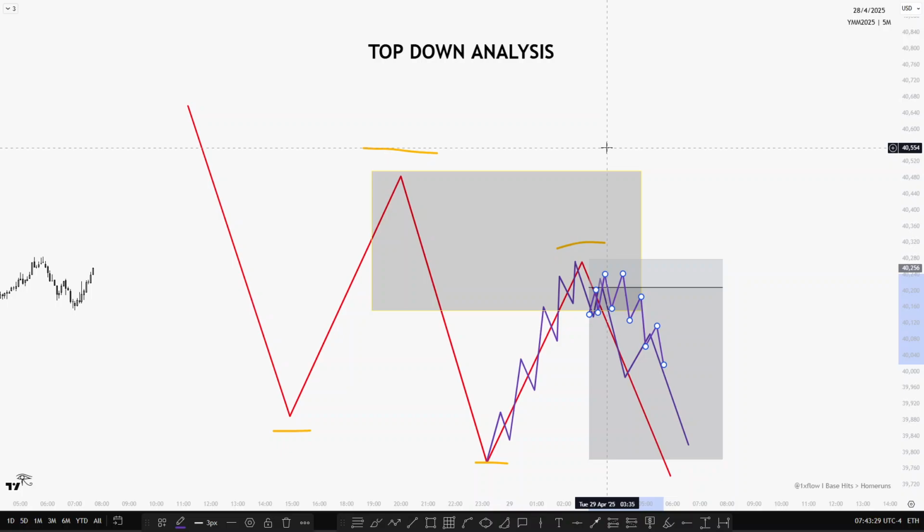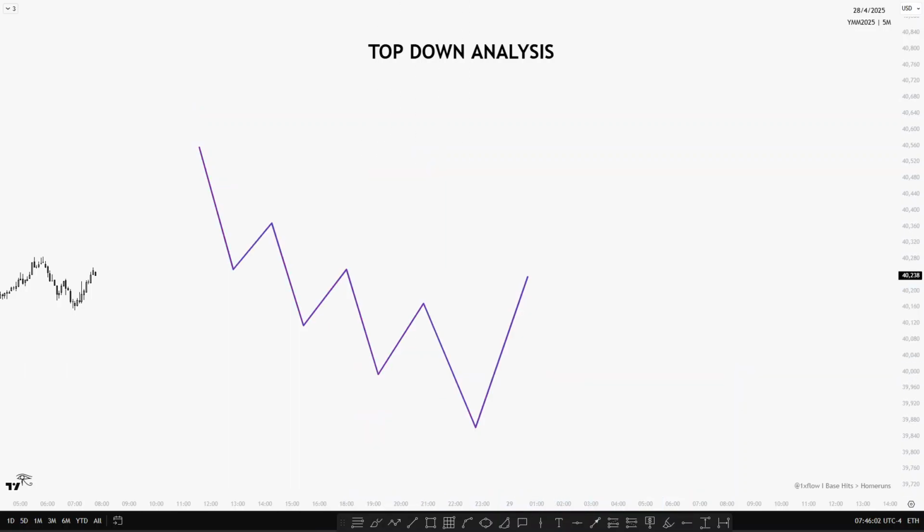Now let's talk about a situation of a reversal and how you can use top-down analysis to figure that out as well. All right, now for a reversal situation, this will be very similar to a continuation, but all you will have to do is figure out when you will create that next higher low in this situation. So we are in a downtrend. As you guys can see, price is moving to the downside. We're creating those lower highs and lower lows, lower highs, lower lows, lower high, lower low,